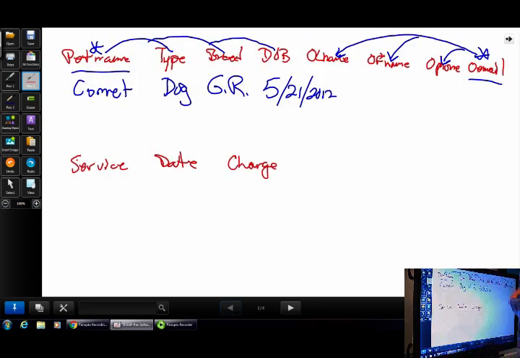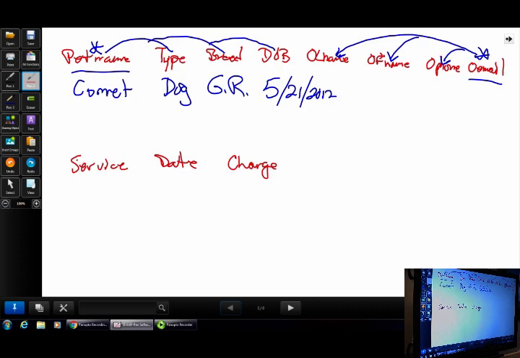Yeah, so email is basically the primary key in two tables. It's part of the second table. It's the primary key in the owner's table. It is part of a composite key in the pets table. I see what you're saying. So then, I think that would make more sense now, because if we wanted to do the service date and charge, we could actually bring down,